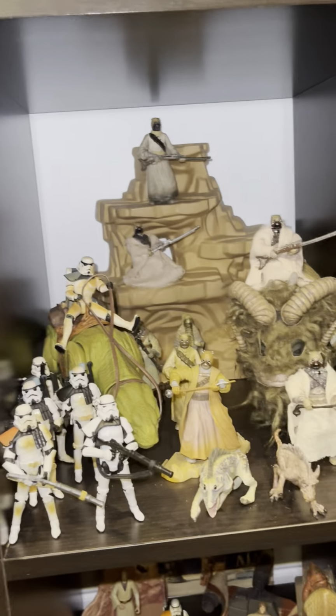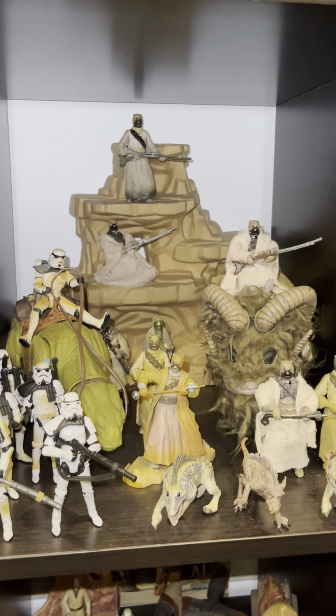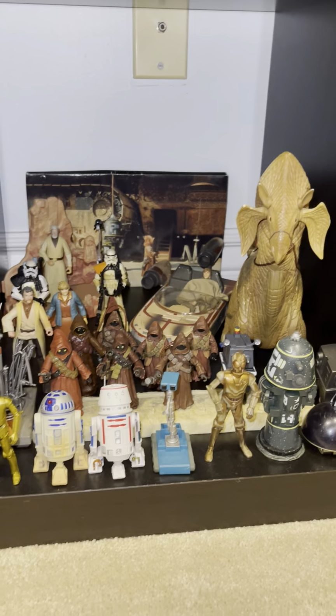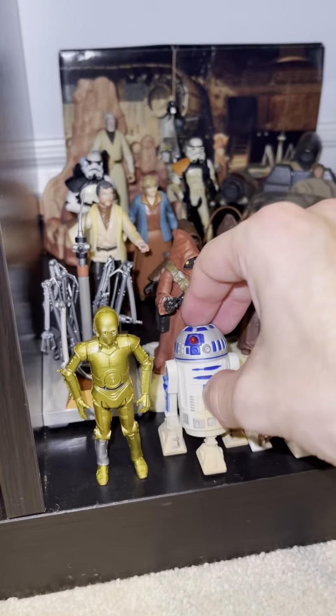All right, this is just a Tusken, Sand People, sandtrooper, whatever you want to call it, little thing. Honestly, I don't know where that little base is from back there, but it's just a dollar store thing. Purchase of the droids is kind of what I've always called it. Yep, pretty cool. I think if you press this,